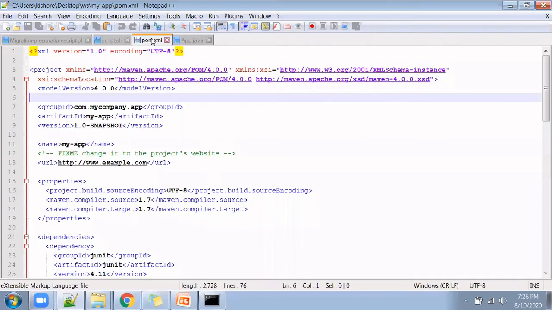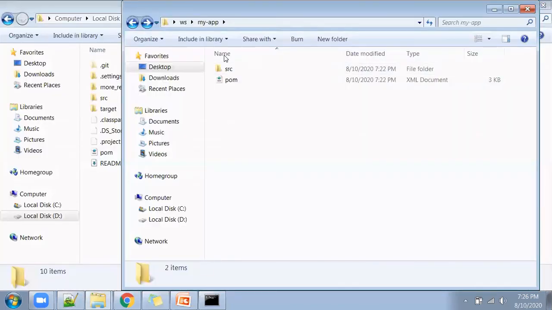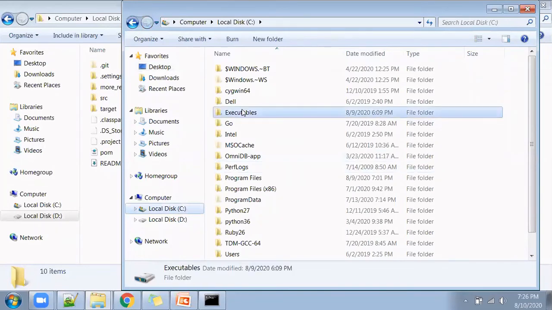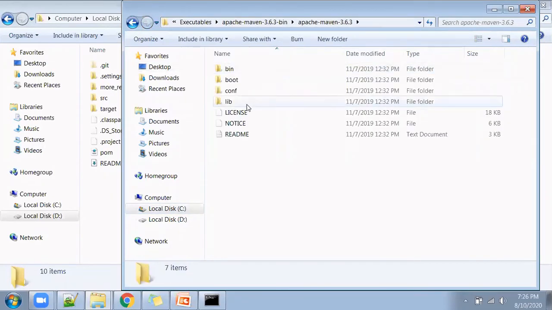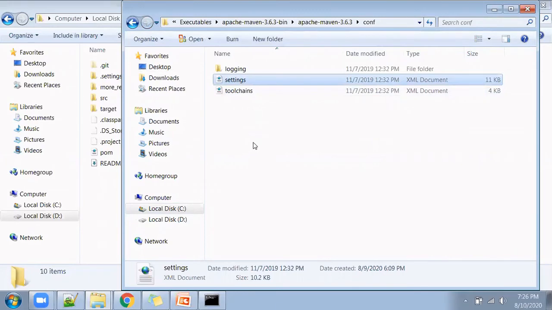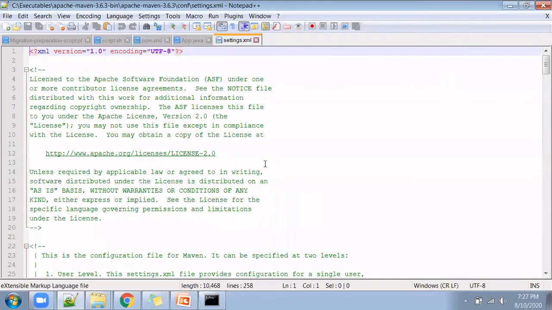So as of now, we have seen pom.xml and how it created the folder structure. And we also talked about the settings.xml file in the PPT presentation, but we didn't see that settings.xml as of now, but it is being used in Maven. So wherever you have installed Apache Maven, I guess I placed it here. In that Apache Maven, if you go to the conf folder, the settings.xml file will be present.